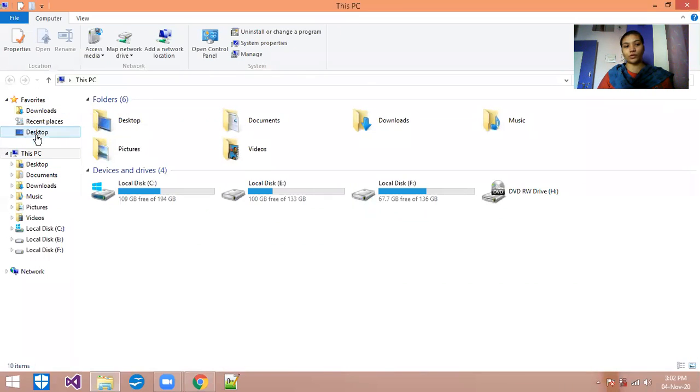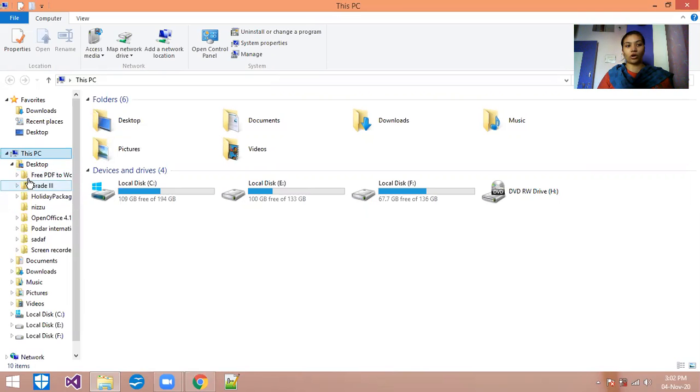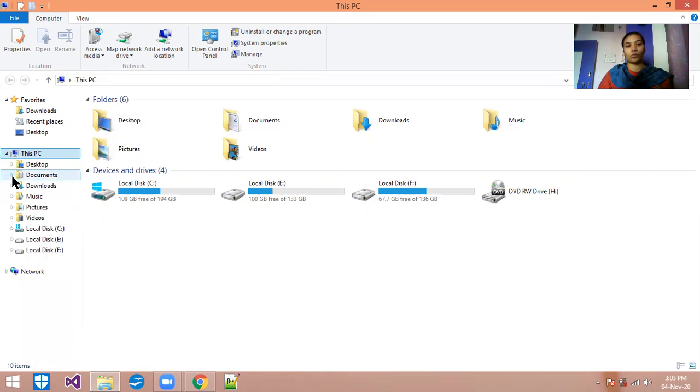These are the simple folders. These are the subfolders. You can see a small triangle in front of the name of the folder. Whenever you click on the triangle, all the folders will come in front of you. Even they have subfolders, so whenever you click on that, the folder has a subfolder, and that subfolder has another folder. On the desktop or in documents, you can see there are subfolders available in everything. So these are the folders and subfolders whenever you see them in This PC.